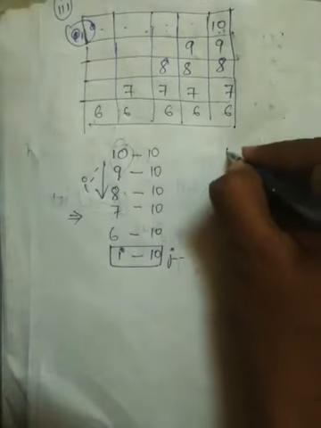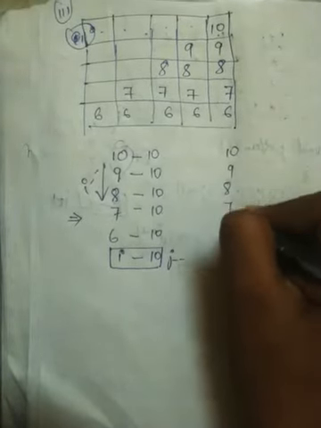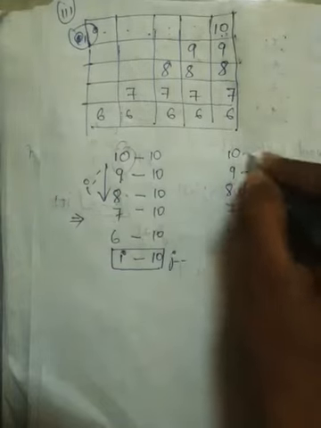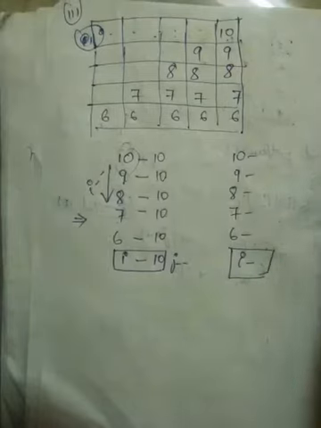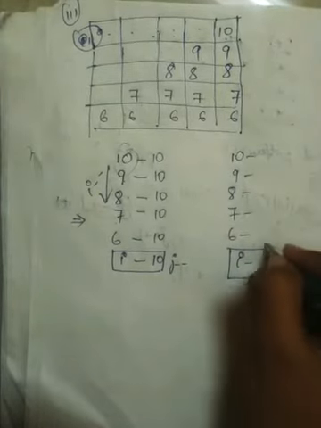Now the second table will make 10, 9, 8, 7, 6. Now I'll put the value here. This will again be I hyphen. I have to put a value here. What value to put? I have to see where I have to put the first thing.